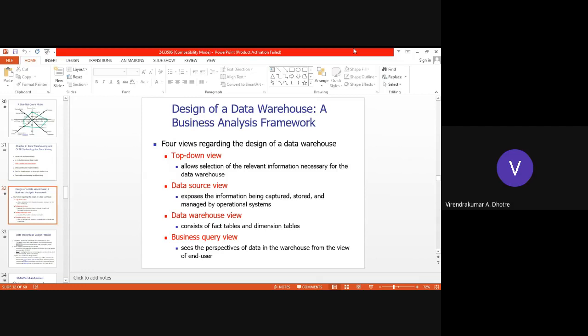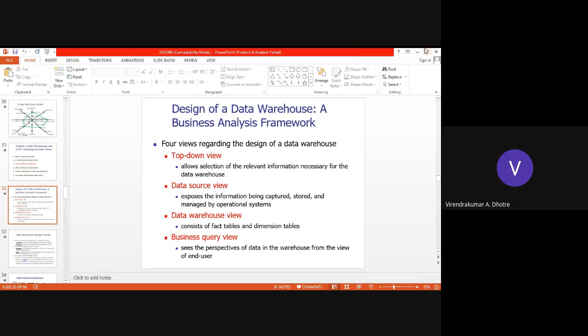So it should select the relevant, necessary information in the data warehouse, allow you to capture data from different sources, store that data, and manage it by using the operational systems. And the third view consists of fact tables and dimension tables. Fourth view is